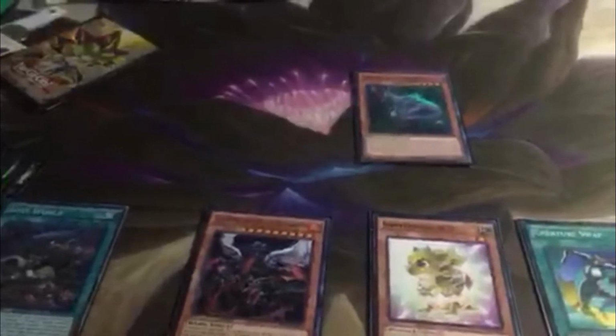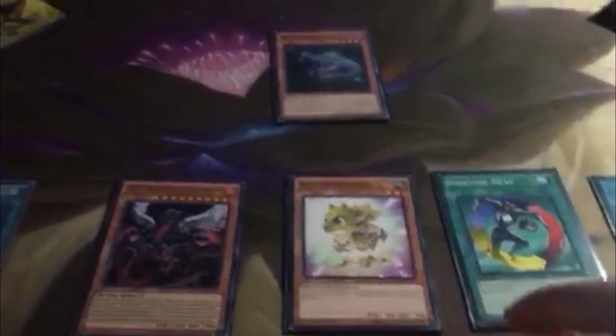activate Lost World. Because this is, well, the only card I know that can give the opponent a token, so then you can use Creature Swap to swap the Beelus. So then you will normal summon baby, and then effect of Lost World, you will give your opponent a token. Token right here. And then